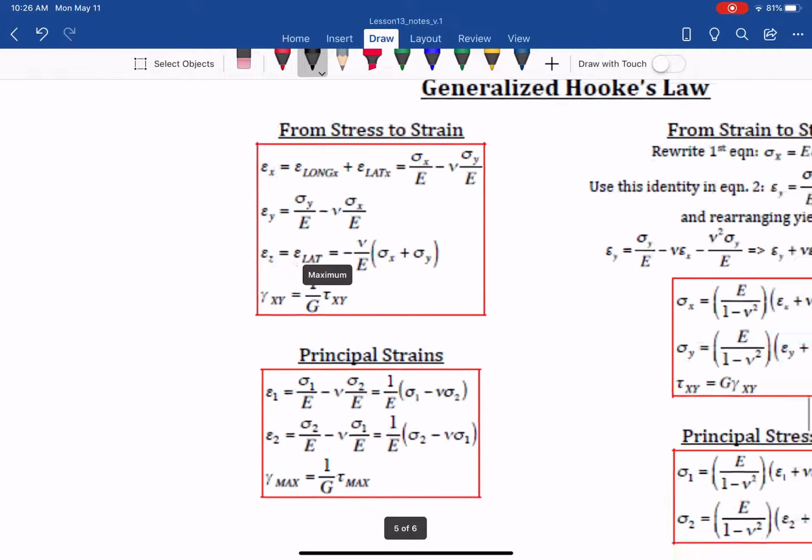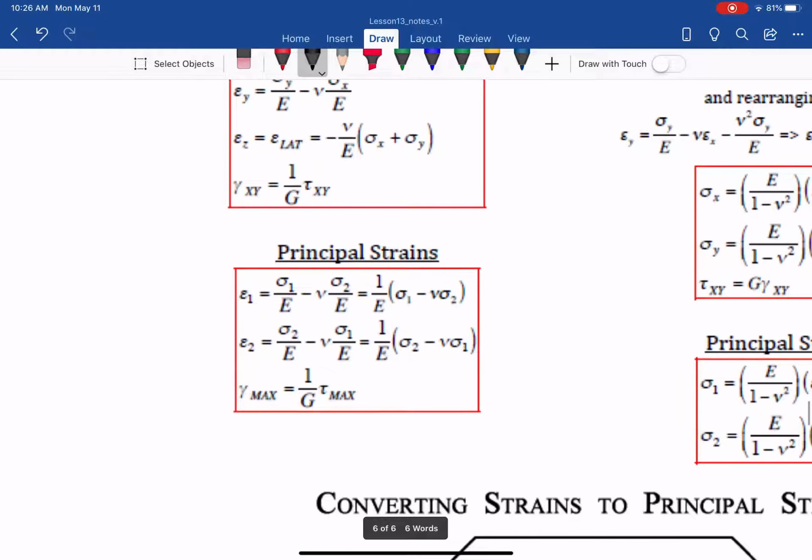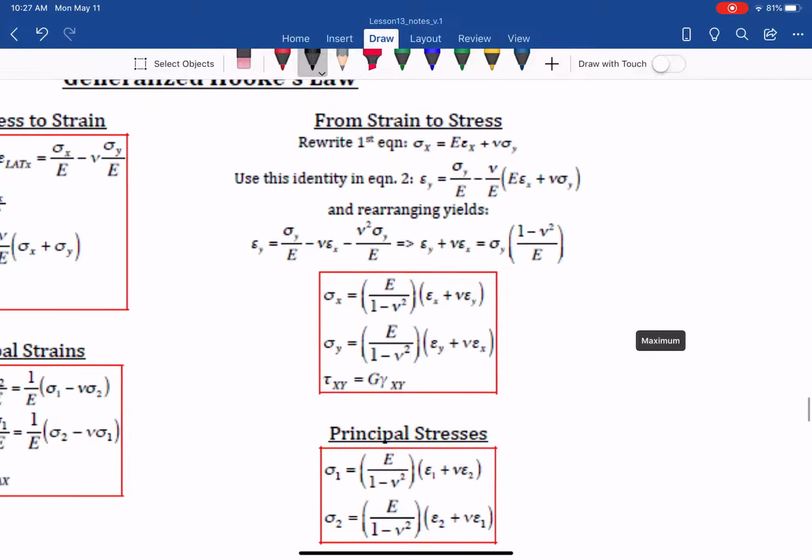And in terms of the principal strain, if we already find out the principal stresses, sigma 1, sigma 2, and for sigma 1, sigma 2 we don't have the shear stress in that plane, then you will be able to find out, in the second block on the left, as you can see here, epsilon 1, epsilon 2, and gamma max. And that is typical in real life,